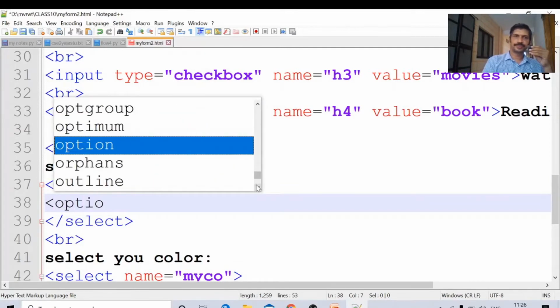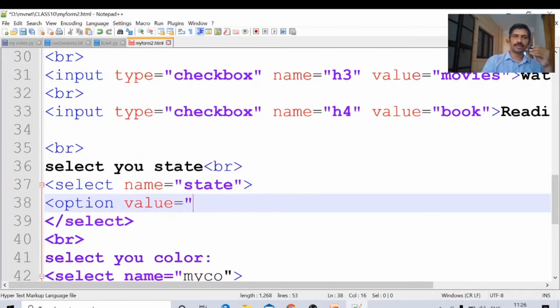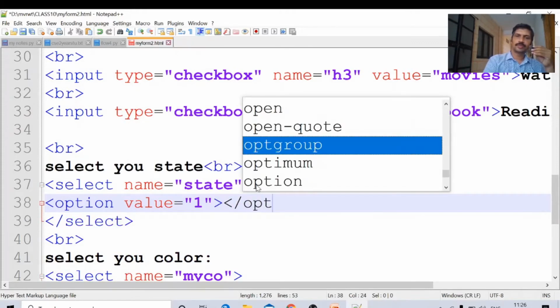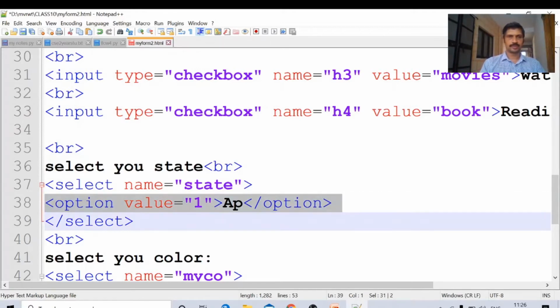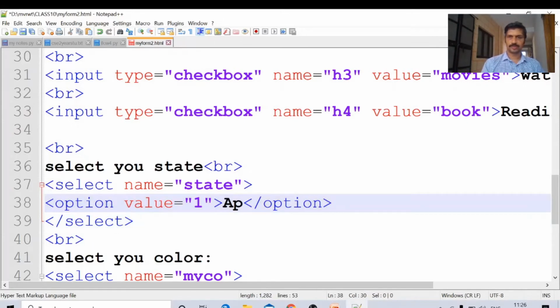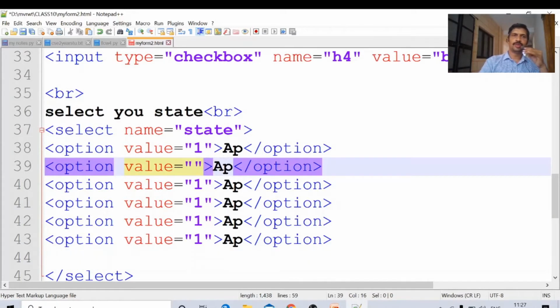Option value equal to 1, slash option. 1 means AP. Like this we will put some more options. Two, Telangana.